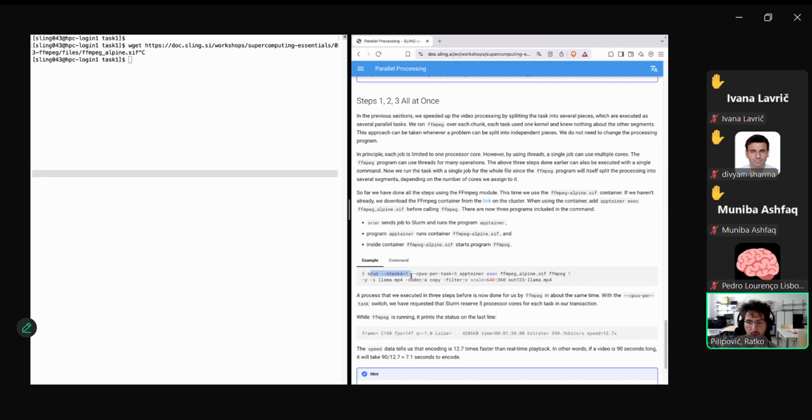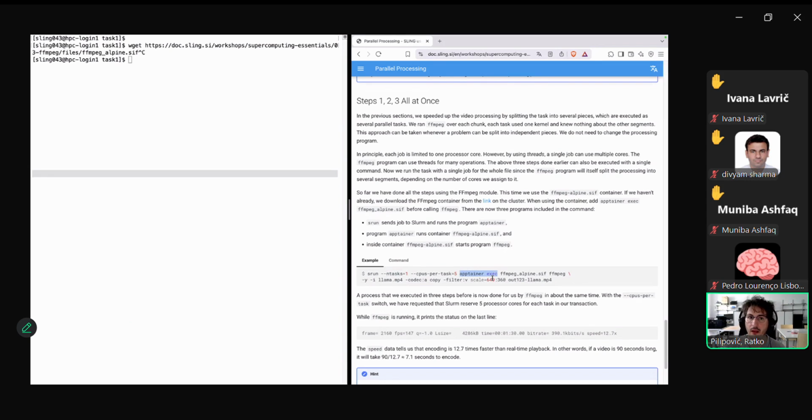First we call srun and task. Now, because we can harness more processors, we specify that we will use 5 processors per task. Okay, and then we need to write the magic word, and the magic word is apptainer exec, which means